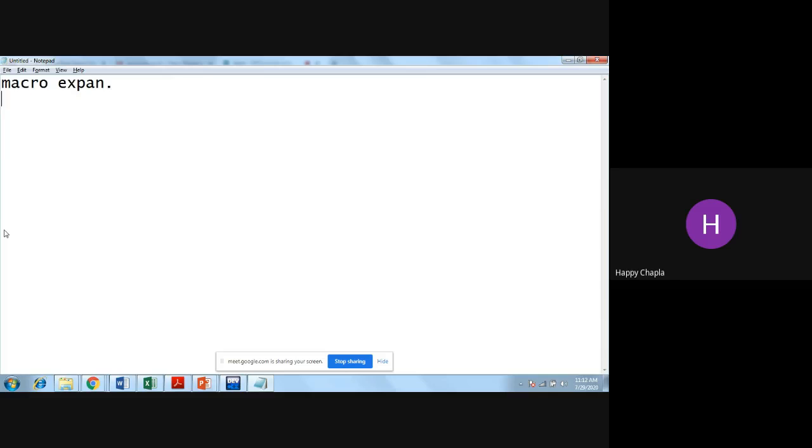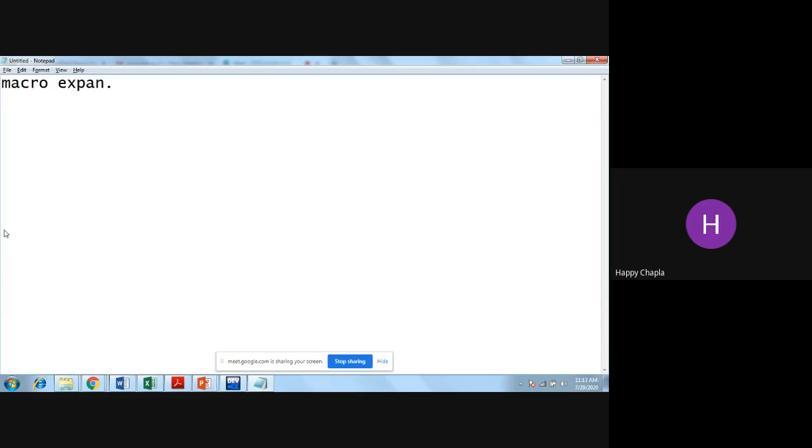In the system programming subject, I don't know whether that subject is in your syllabus or not, but if it's not there, then in compiler design also you can implement how a macro will expand and what macro expansion is.